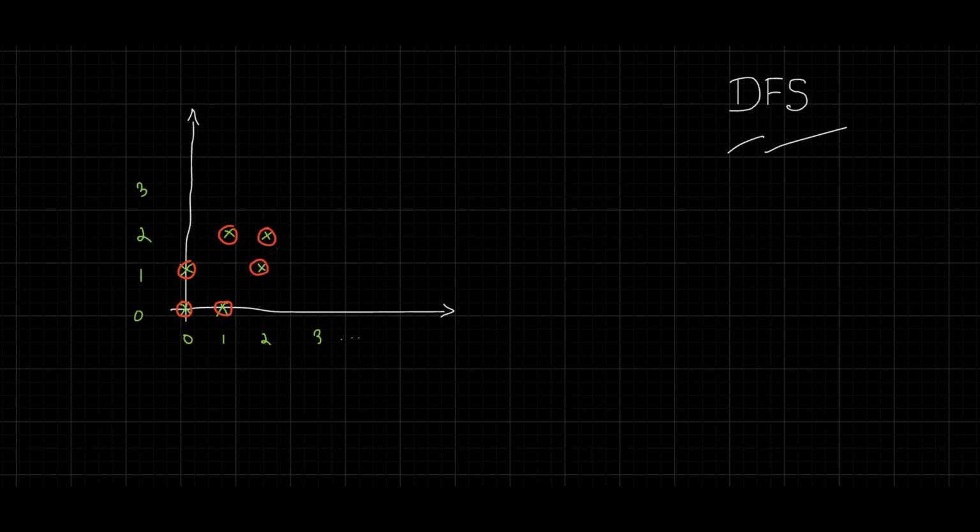Now, how can we remove them? At first, these two stones are in the same row, so we can remove one. These two stones are in the same row, so we can remove one. These two stones are in the same row, so we can remove any of them. Similarly,